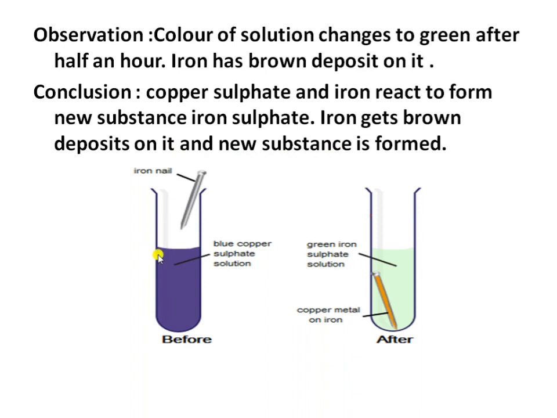As you can see here, when a few drops of sulfuric acid are added to the copper sulfate, a blue colored copper sulfate solution is formed. Then put an iron nail in this copper sulfate solution and observe. The color of the solution changes from blue to green, and a brown colored deposit forms on the iron nail. The iron sulfate and the copper metal deposit are both new substances, so it's a chemical change.